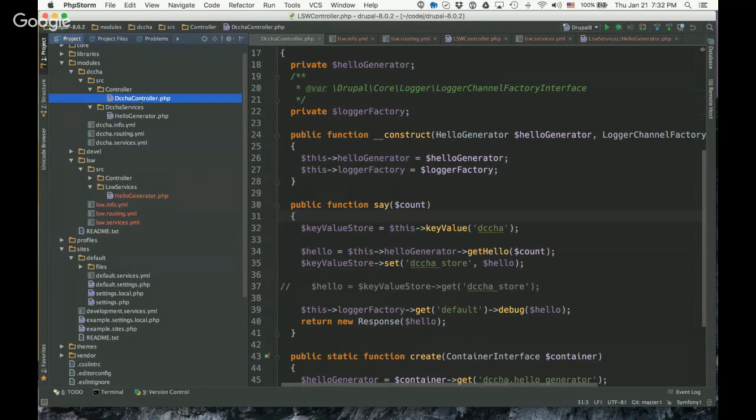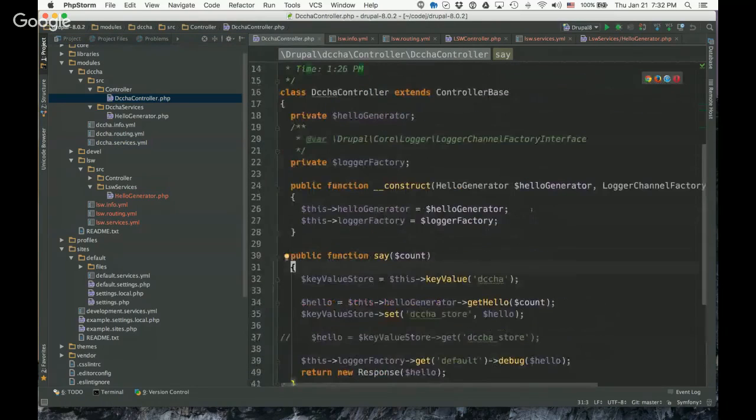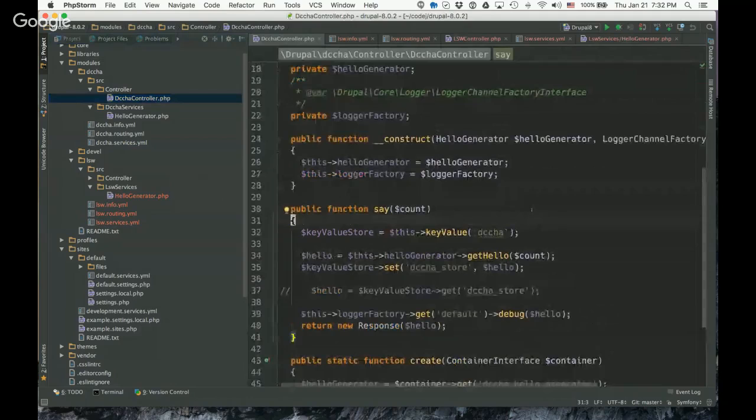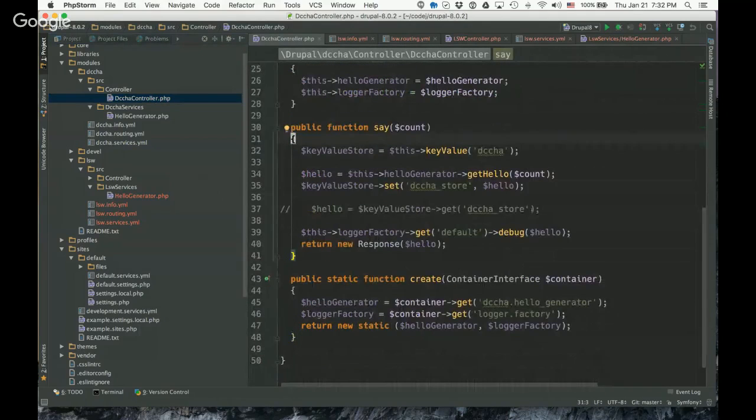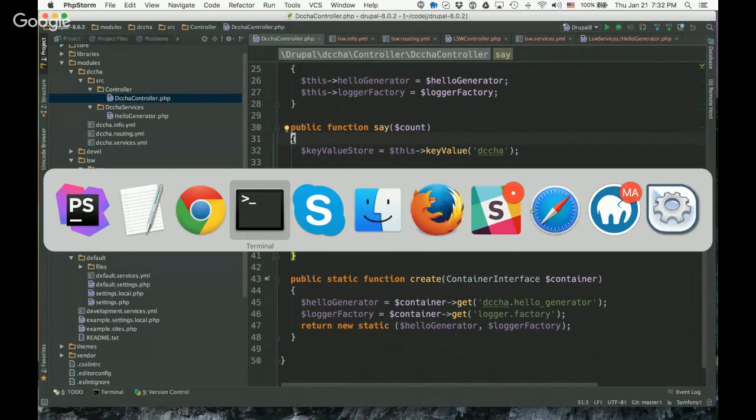So if we look at this one, now this is doing a similar kind of thing. It calls the create. It's getting a hello generator, and then there's this logger factory, and the logger factory came from